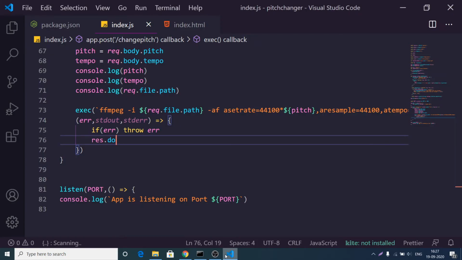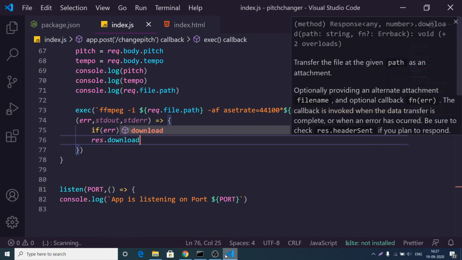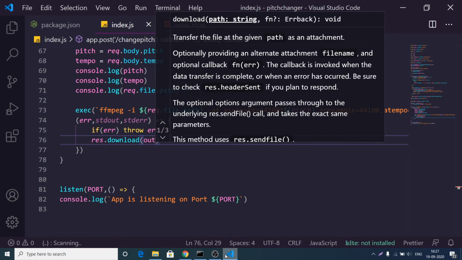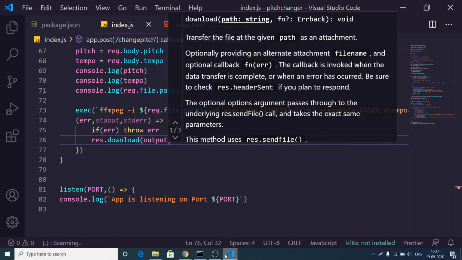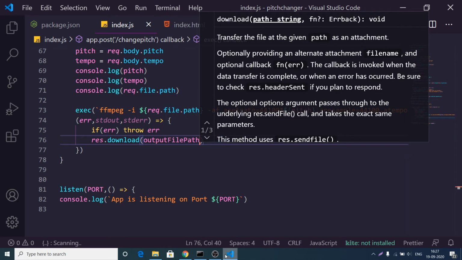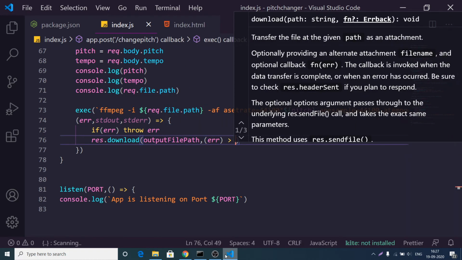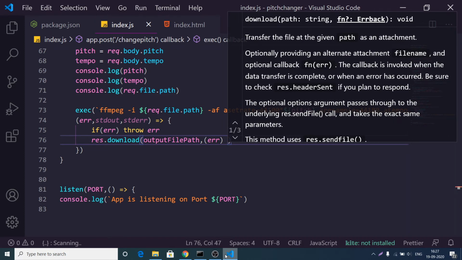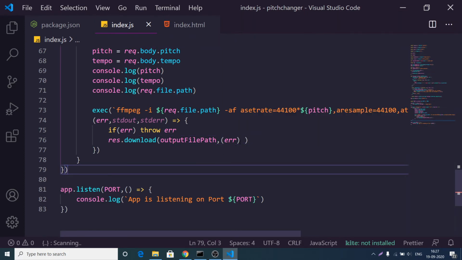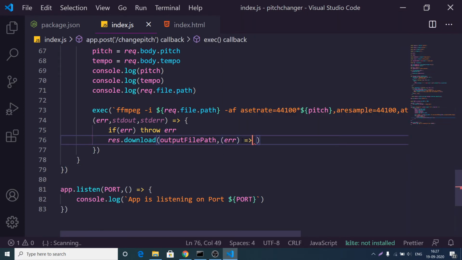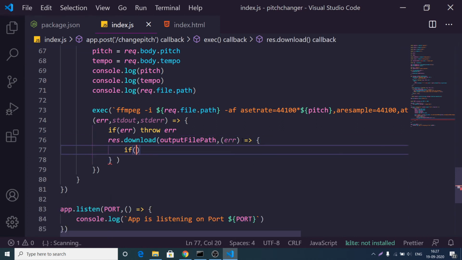For downloading it, there is a method which is response.download, and here we can put our output file path, and this also returns a callback. If any sort of error takes place, we need to throw this error.